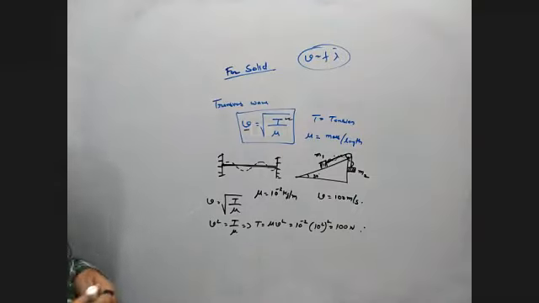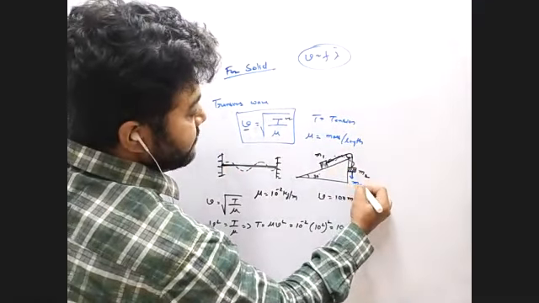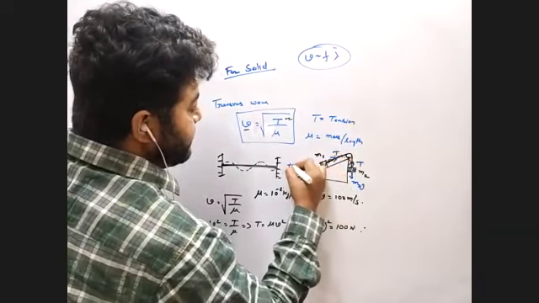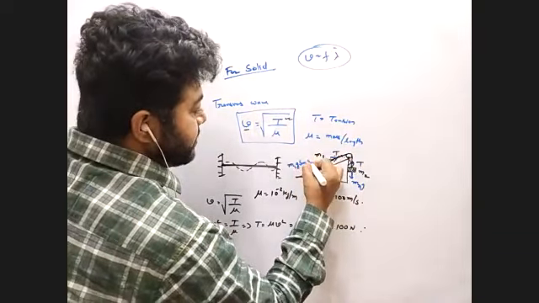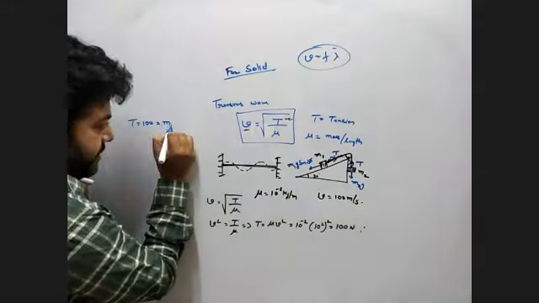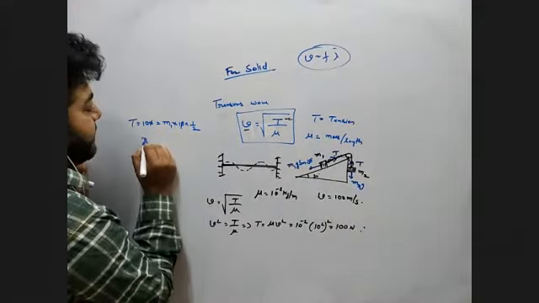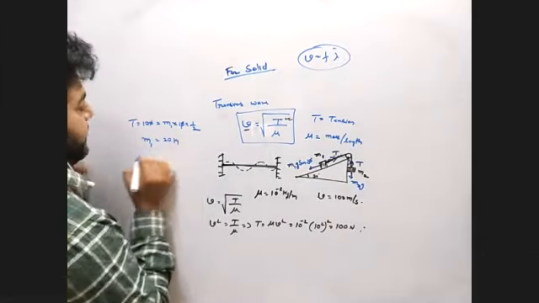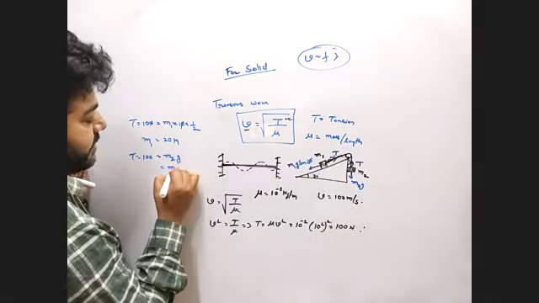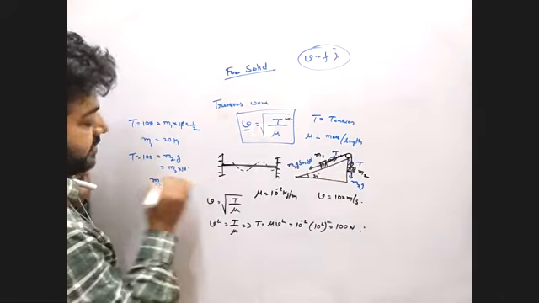Yes, sir. If you know the tension, you can easily find the mass, because here it is in equilibrium. So m2g balances the tension. This tension is balanced by m1g sine 30 degrees. So the tension, which is 100 Newton, equals m1 times g, which is 10, times sine 30, which is half. So m1 is 20 kg, and T is 100, that is m2g, m2 into 10. So m2 is 10 kg. Is it clear?